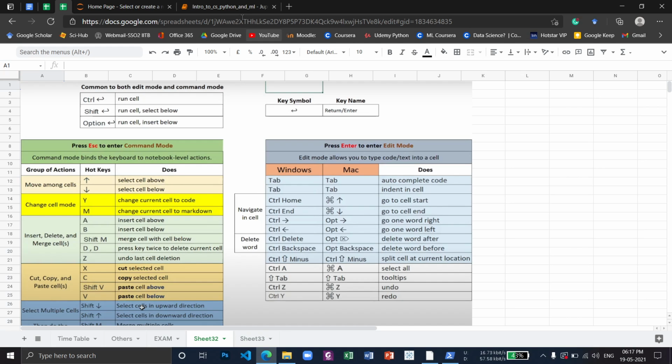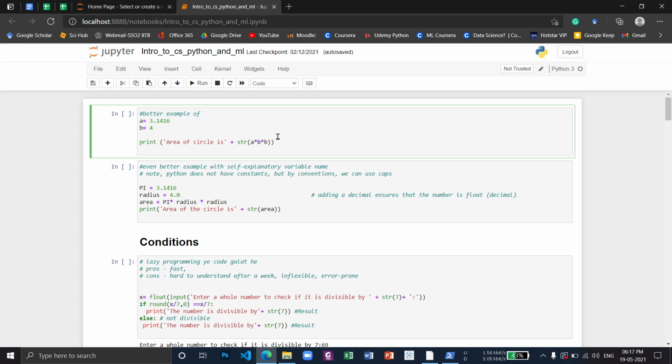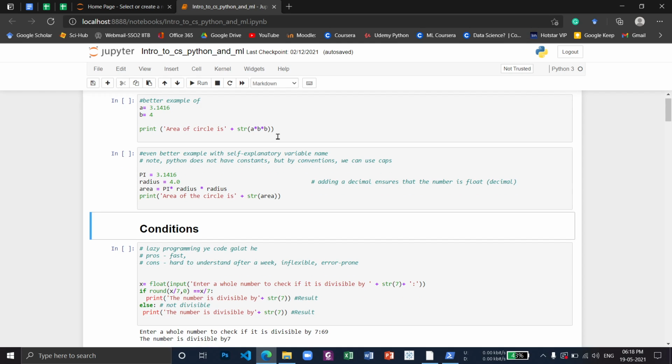If we are in command mode, we can shift from one cell to another cell by using the arrow keys. See, here we are shifting from one cell to another.